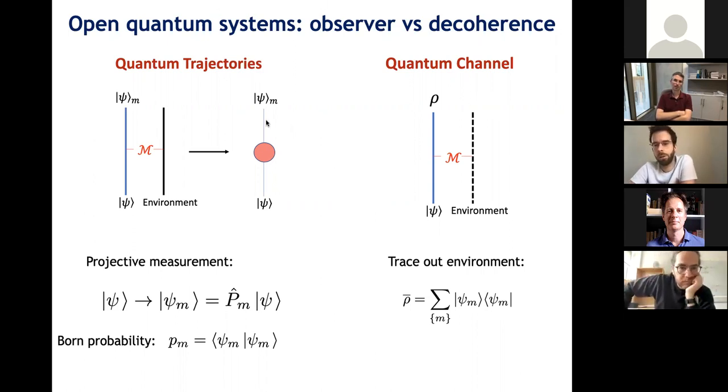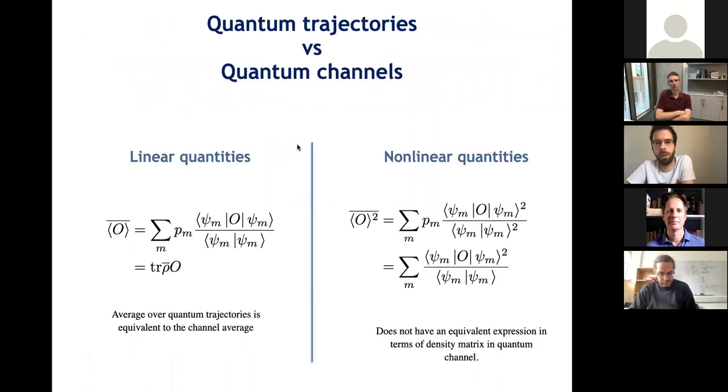And usually, actually, those two perspectives are kind of argued to be equivalent. Okay, and in the context of this talk, they will actually be very different. So let me explain briefly why. So usually, when you think of typical observables, which I'm going to call linear quantities, and linear will be in the density matrix. If you want to take the average of the expectation value of some observable, say spin or whatever,